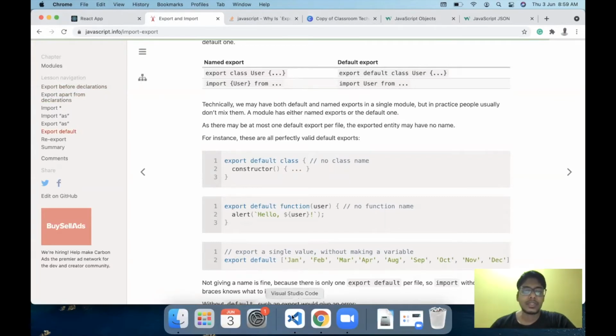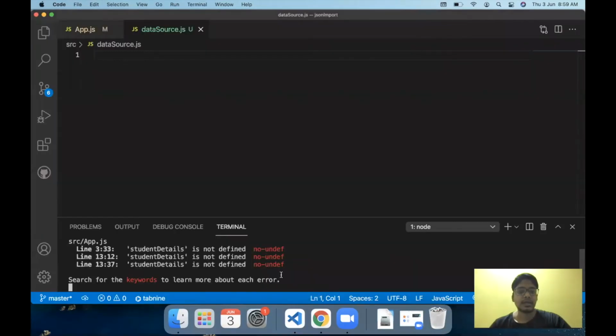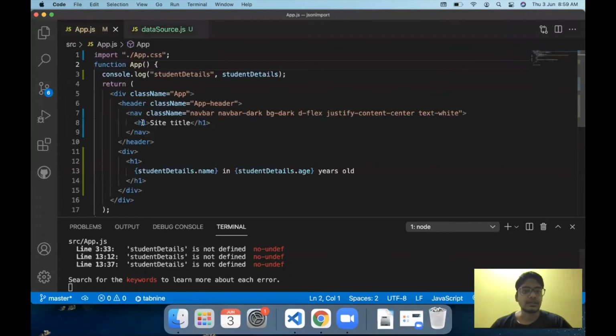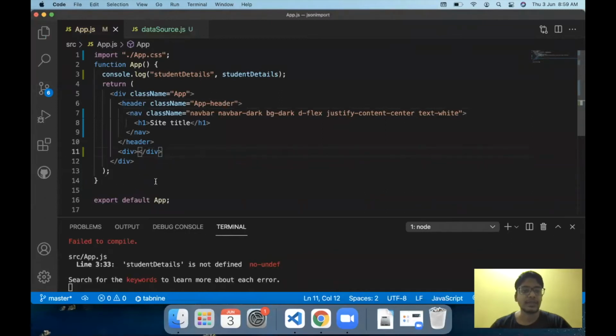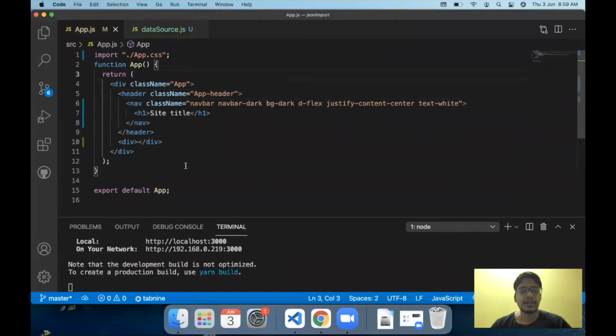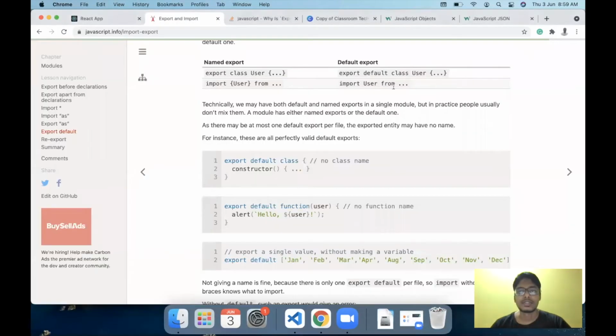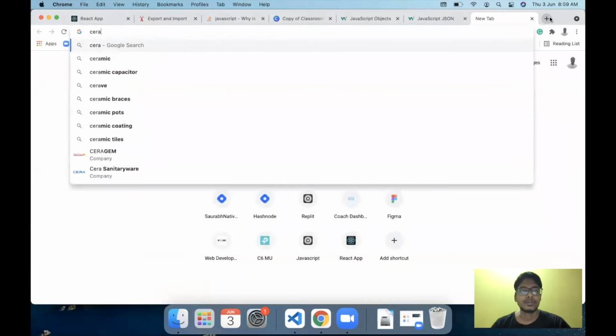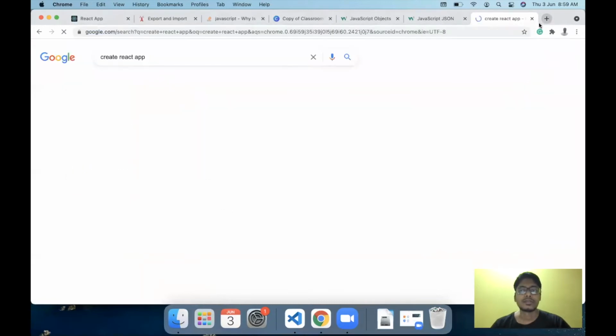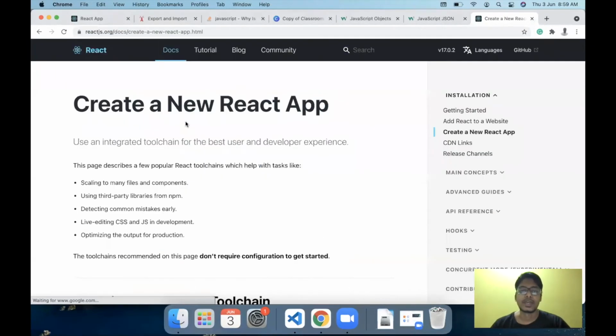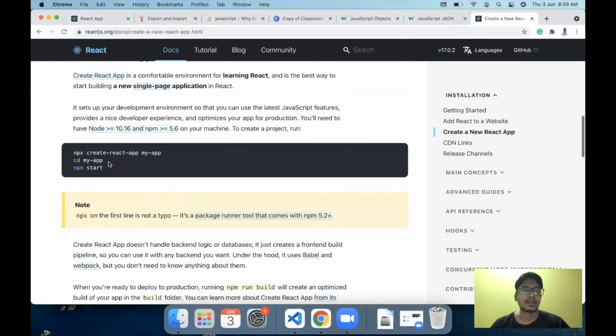So coming to the React code, I have created an app here. Let me just remove the extra code. I was just practicing before the lecture. I have created a basic React app using the create-react-app module. Using this create-react-app CLI, you can create a new app by running the command npx create-react-app and the app name.